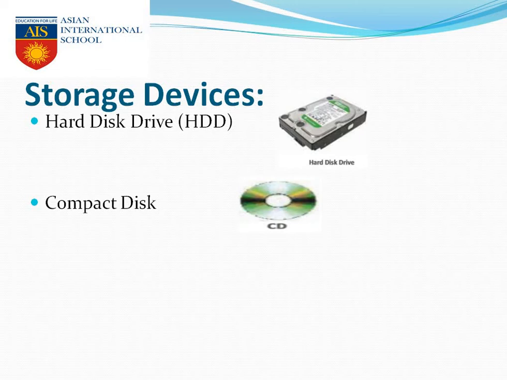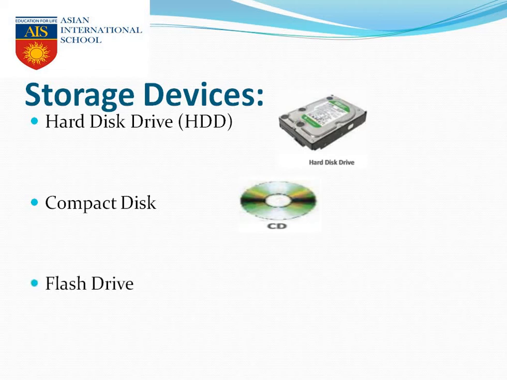A readable compact disc, you can write only once in that CD and you can read the information several times. But in case of RW CD, you can write several times and you can read also several times. So compact discs can be of two types, either CDR or CDRW.